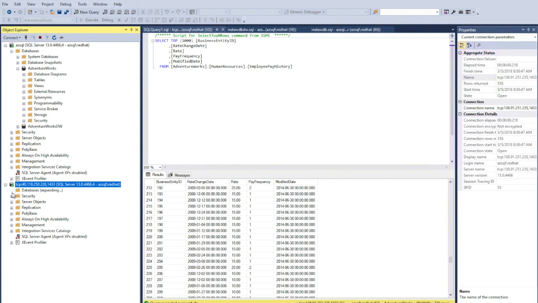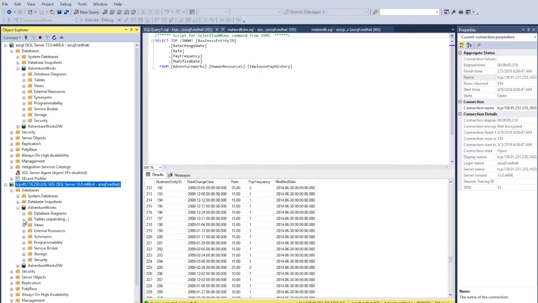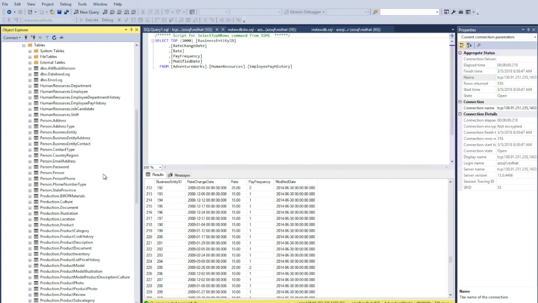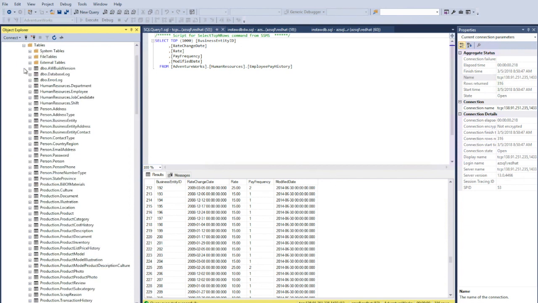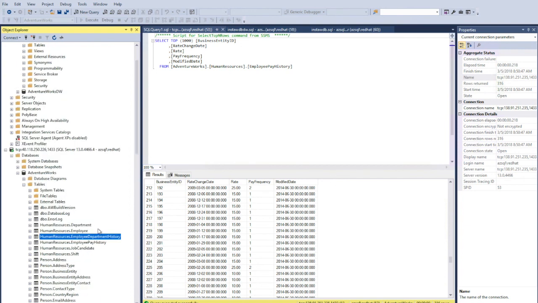This is now connected to the new database, which has all the tables that we lost: employee pay history and the department history. These two tables can now be copied over to the original AdventureWorks database. So now I can recover